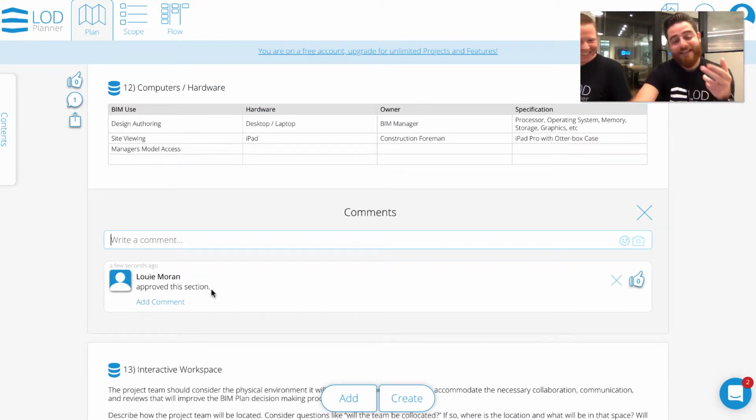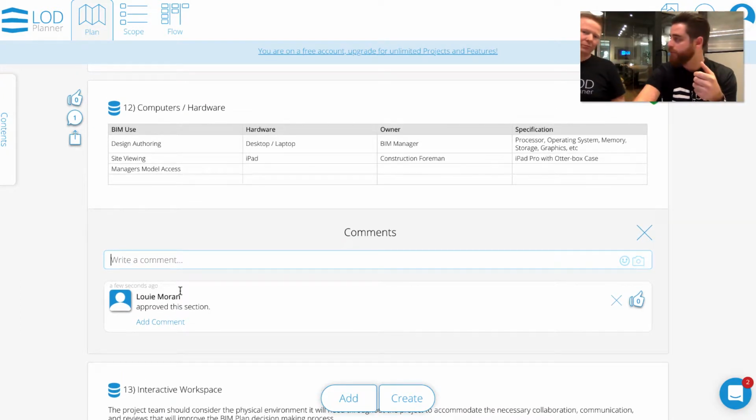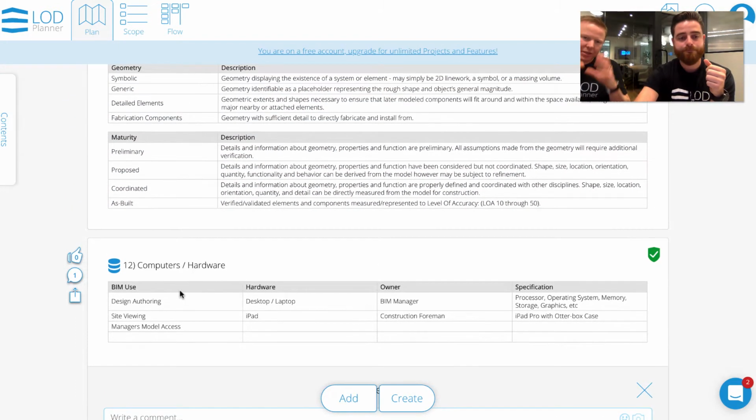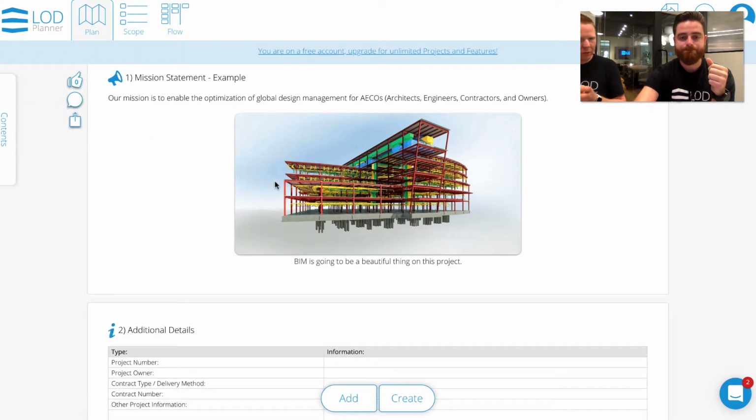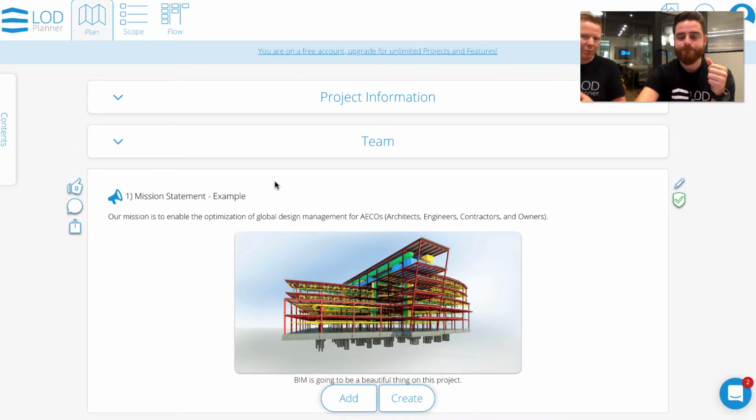Not only can we see the activities, but we can also comment. So reducing the amount of emails between team members and keeping all of those discussions in one place per section has been really useful. This is a really beneficial feature for users where instead of having to push one PDF around for a workflow of approvals and what usually comes back is a set of comments and a rewrite and trying to manage that workflow, all of the feedback is targeted for each section, and you can then go and